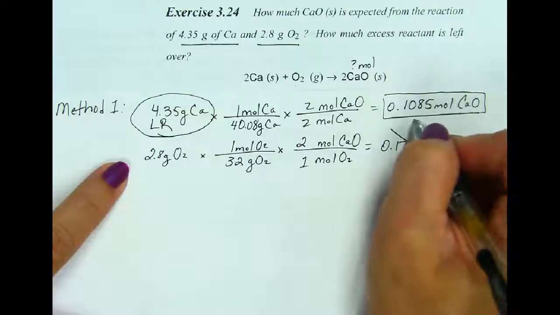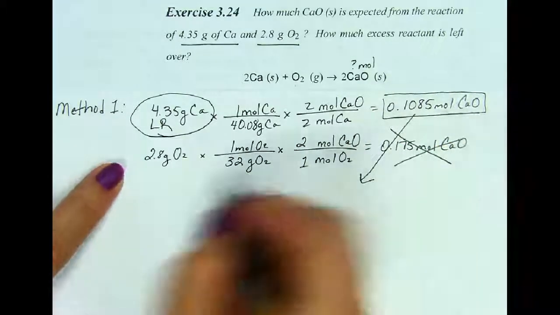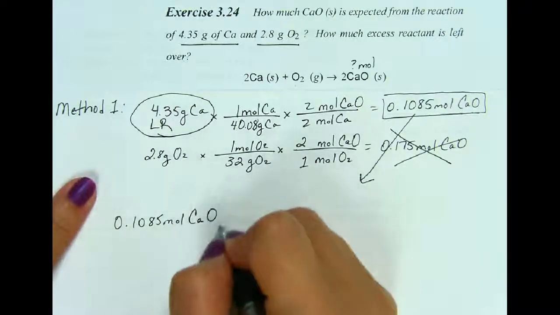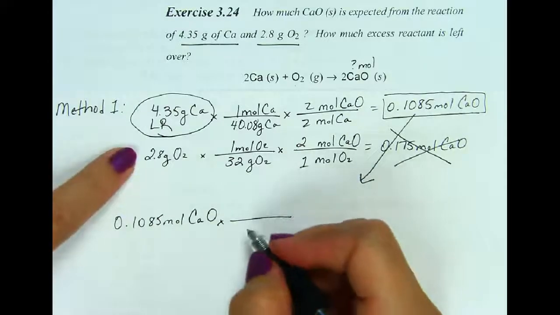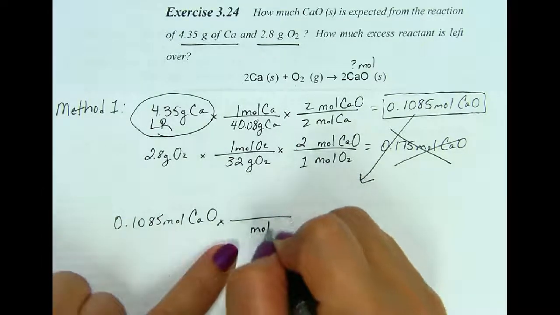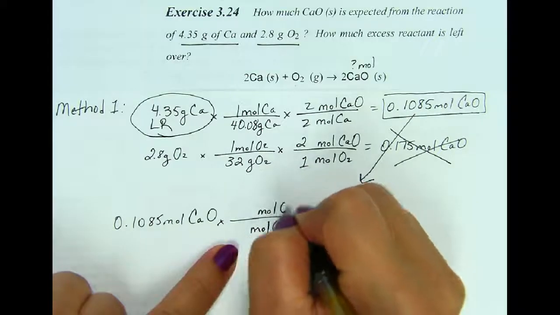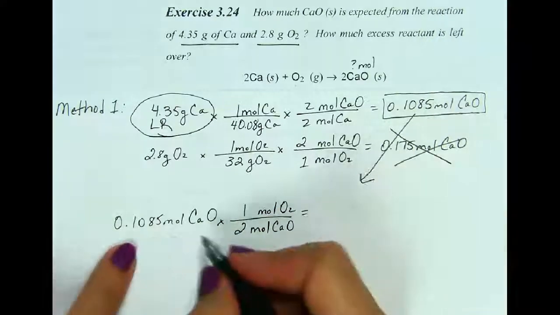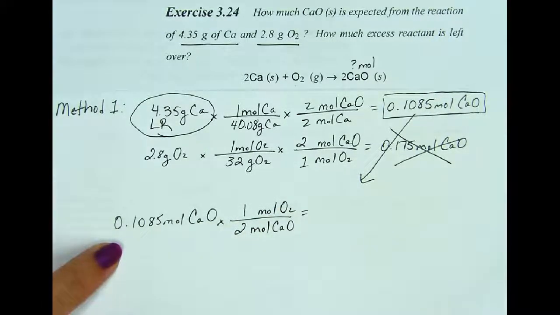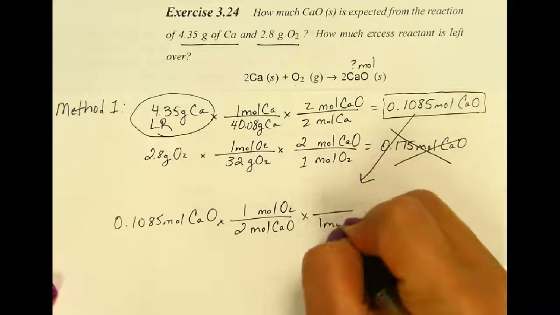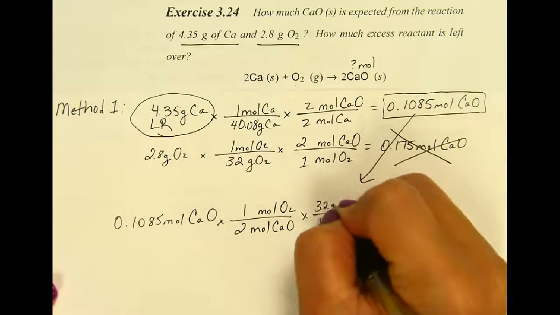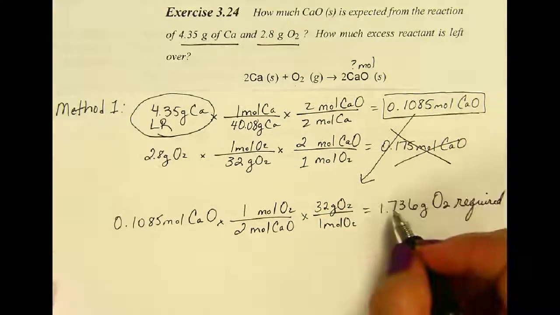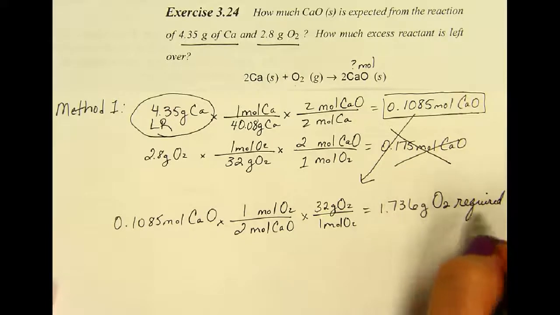So I'm going to take this amount of theoretical yield, 0.1085 moles of calcium oxide, and I'm going to stoich back to grams of oxygen. So bring down moles of calcium oxide, moles of oxygen. The ratio is 2:1. And so I'm going to do 0.1085 divided by 2. Actually, we want to go all the way to grams. So we'll put 1 mole of O2 to 32 grams of O2, and now I'll calculate that there's 1.736 grams of oxygen